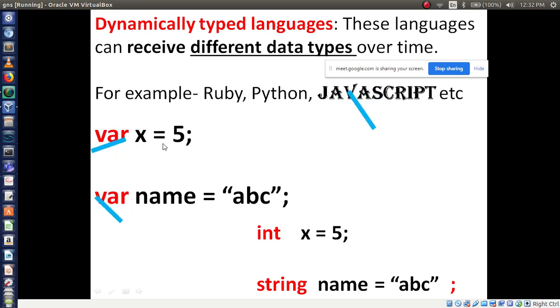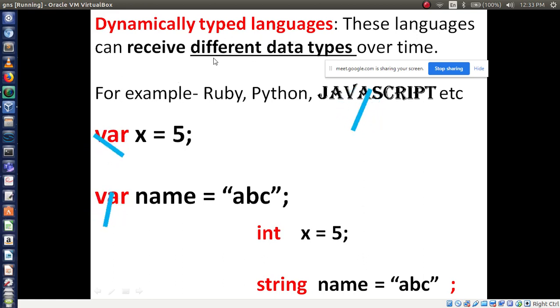In variable x, I can insert string type characters. In variable name, I can insert integer type values. So it is called what? Dynamically typed languages.